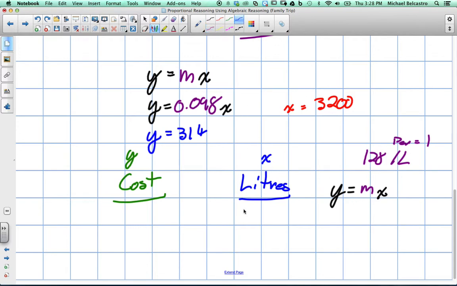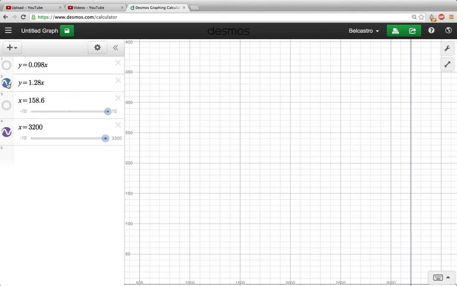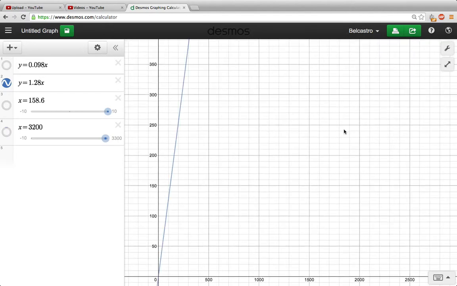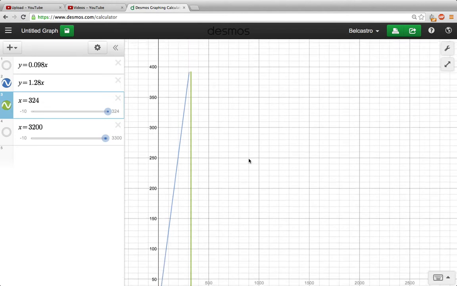And remember, we used 314 liters on this trip, so what was our total cost? Well, we'll plug this formula in, y equals 1.28x. Okay, and when we plug in that formula, we're going to figure out our cost. And remember, our x in this case is 314. So let's get rid of this one, and now we have our new equation, or a new line for our equation. 1.28, and our liters are 314. I'm going to make an x vertical line straight up, and it's going to intersect, and it looks like